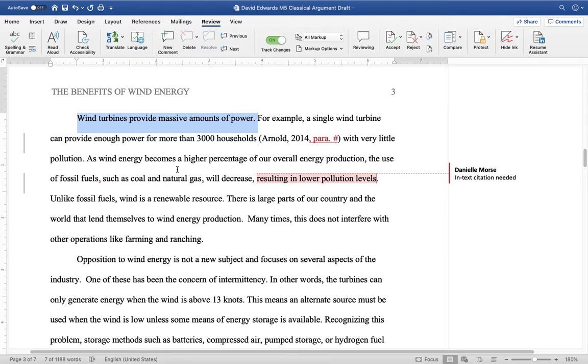And what is this paragraph arguing? Because again, we want to make sure that this isn't an expository paper. Here, the topic sentence is wind turbines provide massive amounts of power. So I would anticipate, because of that, this entire paragraph is going to be about how it's a beneficial energy source,